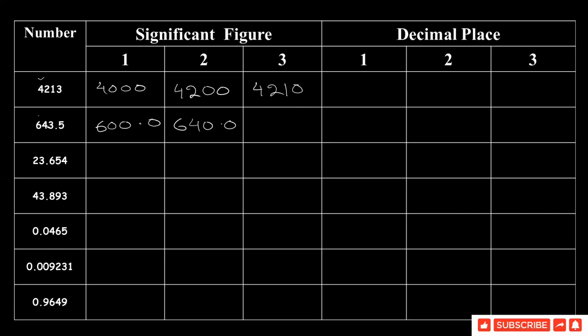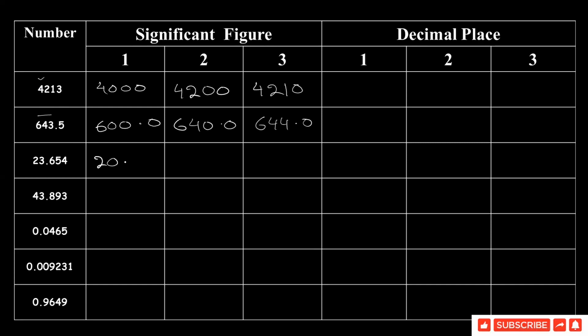Now for 3 significant figures. 3 significant figures are 643. So we shall check the next one, the fourth number after the third significant figure, which is 5. So we shall make it 644.0 because when we discard 5, we add 1 to the previous digit. This is 3 and it becomes 4 now. Got it? Now we do significant figures for